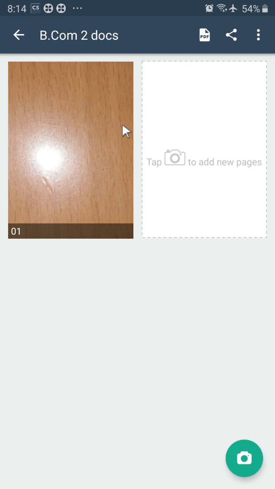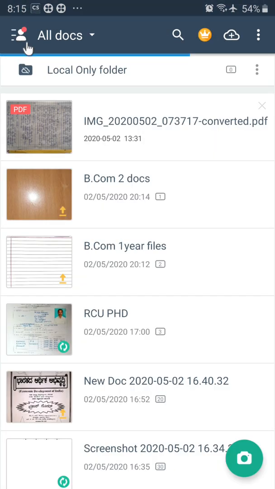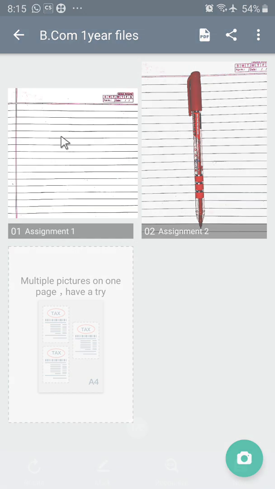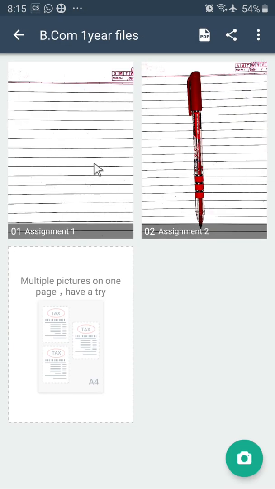Okay, so friends, this is concerned with how to scan and how to rename the file folder. And now the important aspect is how to send the documents. So here I first want to open the folder. Here there are 2 pages, and I want to share. If you want to share one page, you can open this single page, or if you want to share the entire pages, just click on the button,